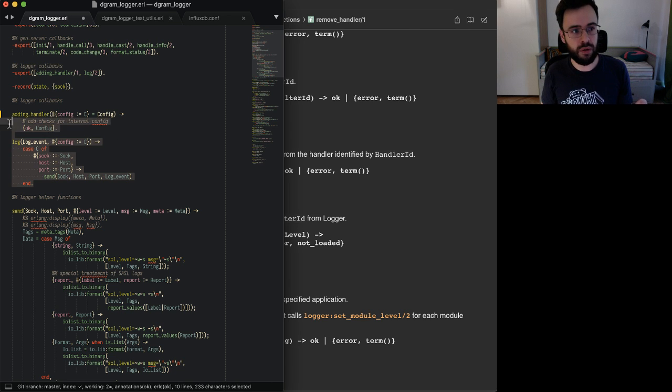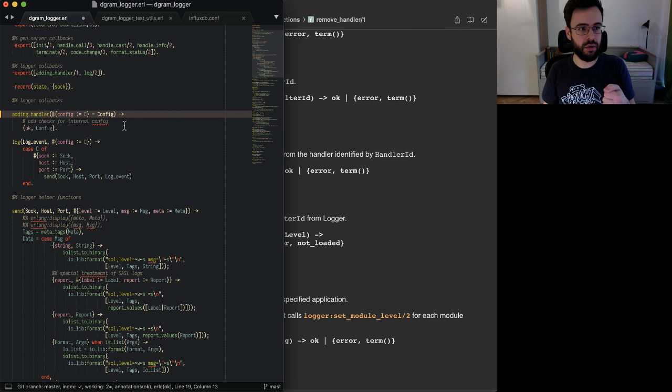And every time you get a log call to your handler, the config that you get supplied is actually the config that you returned when the handler was added. So if we would print this config here,